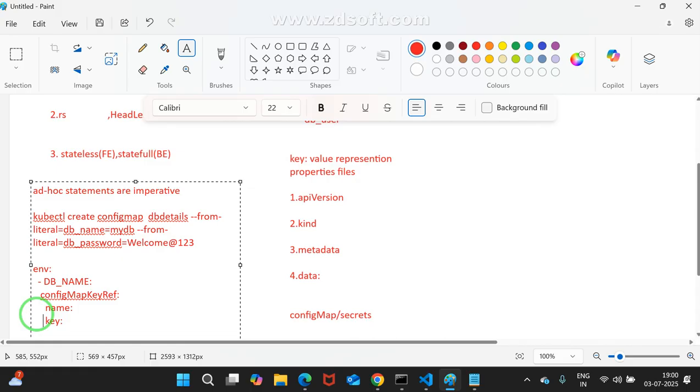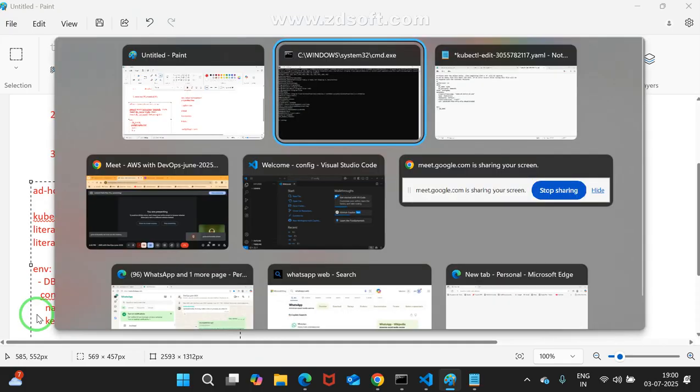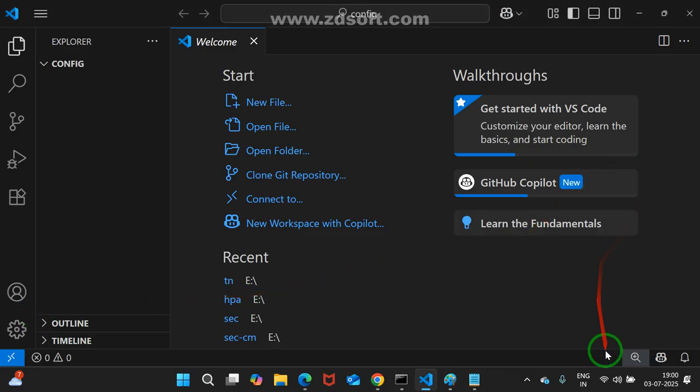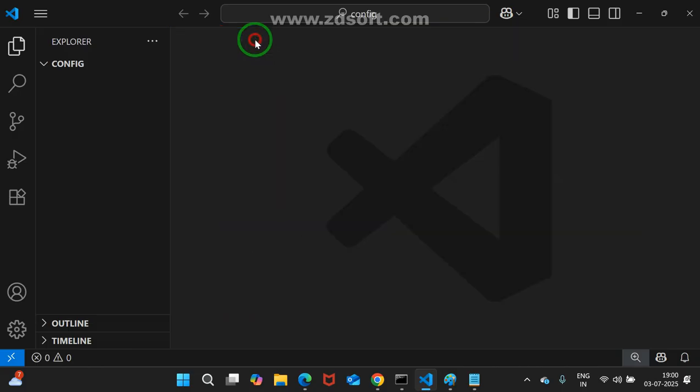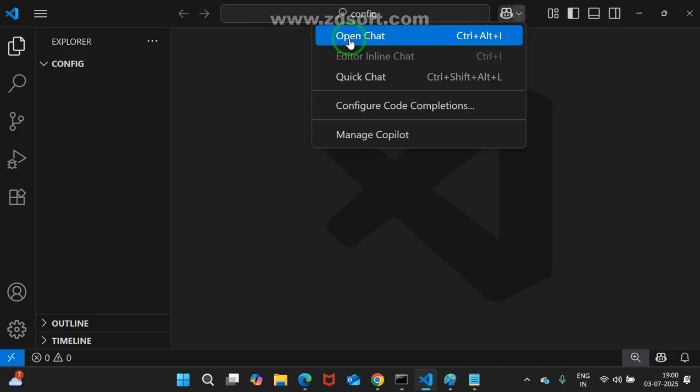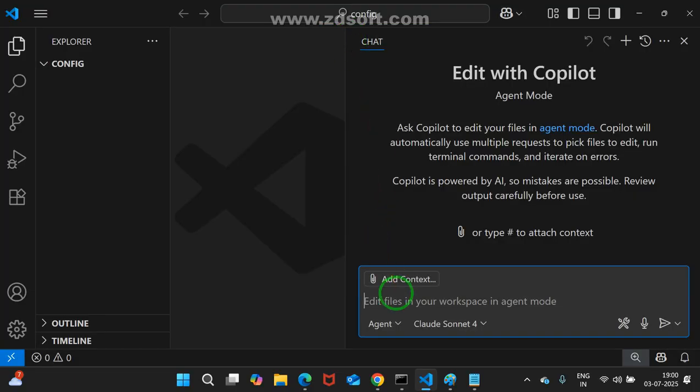Maybe I am going with Copilot only. I explained clearly what Copilot will do. Now simply I go to the Copilot section, and use this, open chat. Okay.